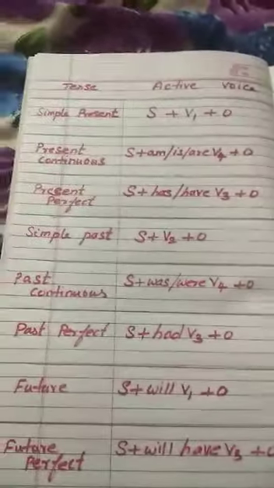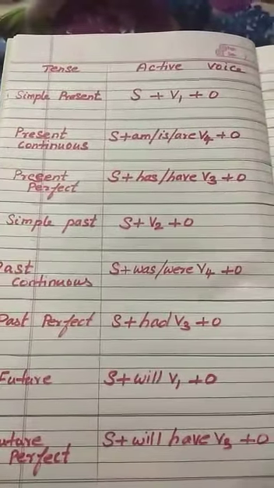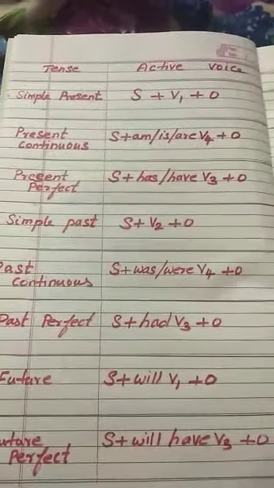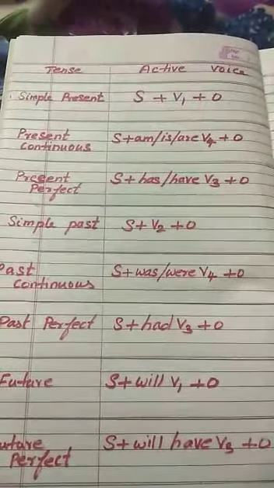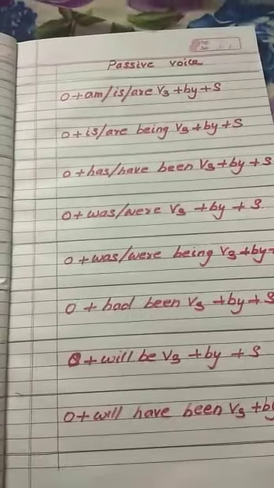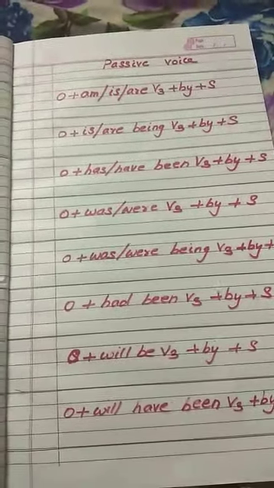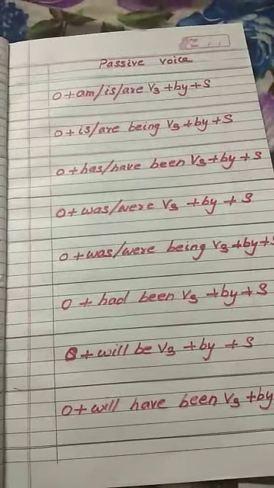Now next we are going for simple past. Here subject, the second form of the verb, that is past tense, and then object will be there. Here also only three will be there. First you have to identify whether it is present or past. When you have identified, then you can write it as object, was or were. That is, was is singular, were is plural, and then the third form of the verb, and then by subject. So same way here, was is singular.